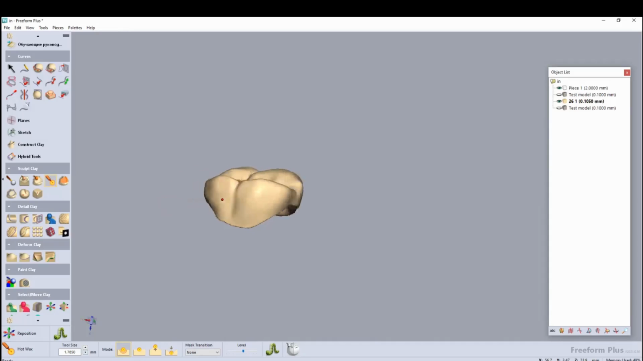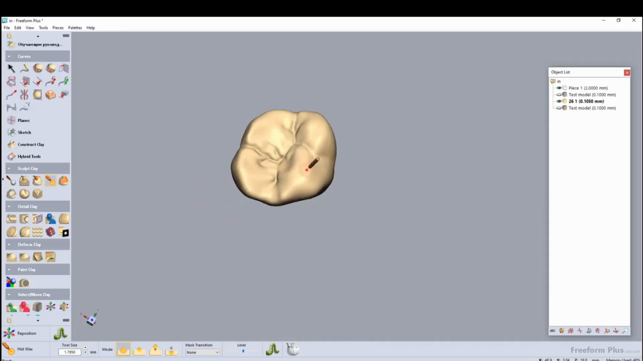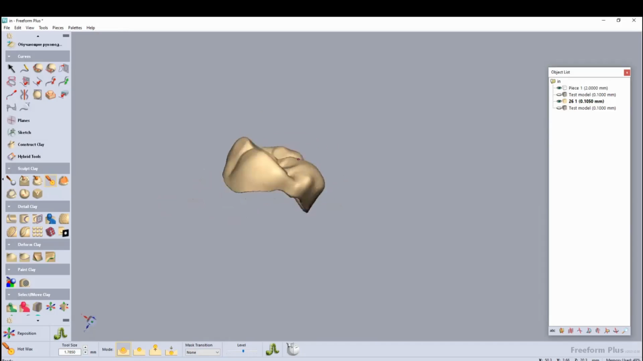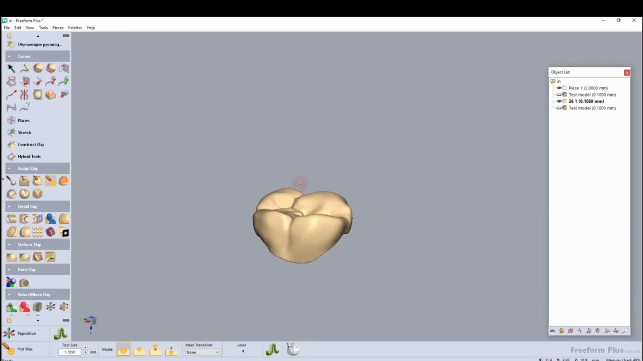So now we make just a very simple function. We just create just one crown. So you can say, you can tell it's not difficult. I can make it in other software. For example, it can be 3Shape or maybe Exocad. But if you have some